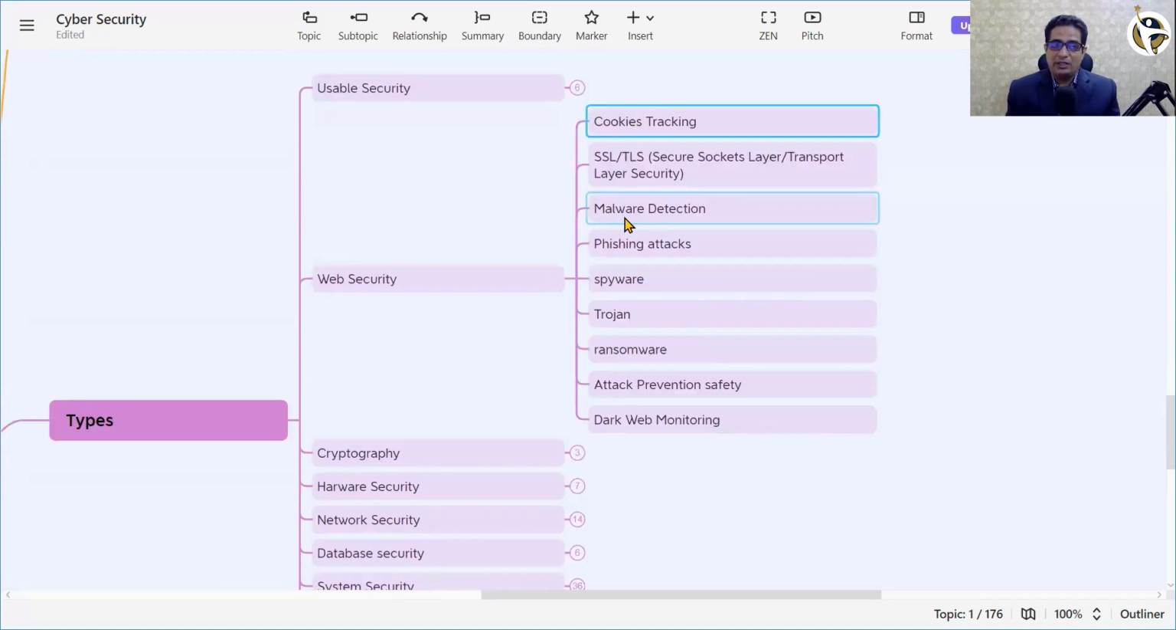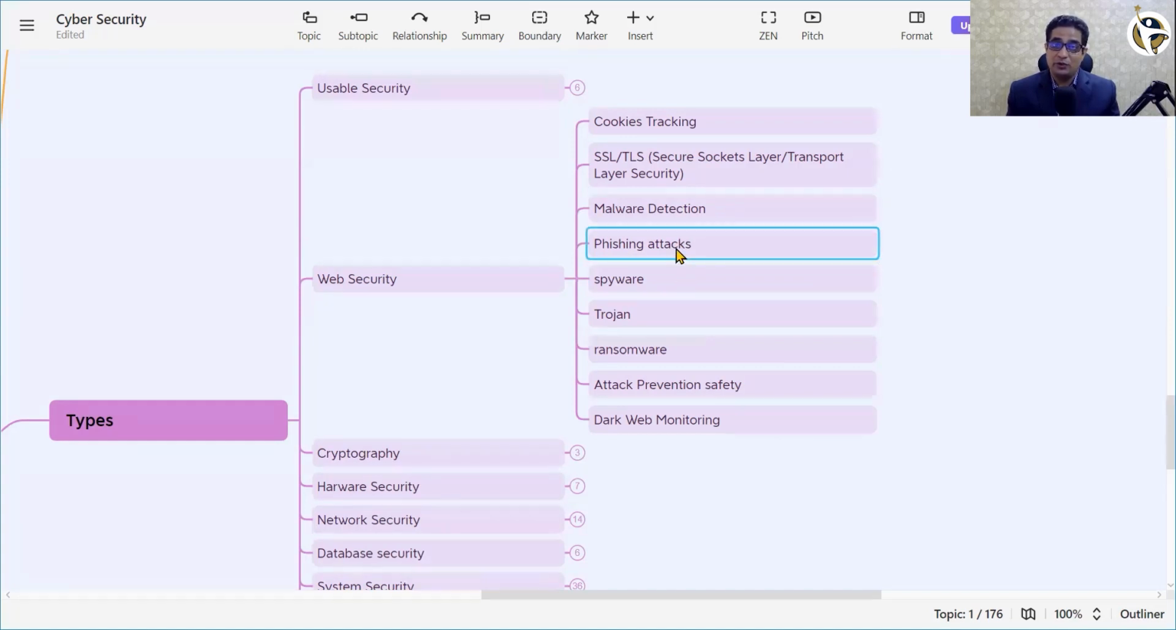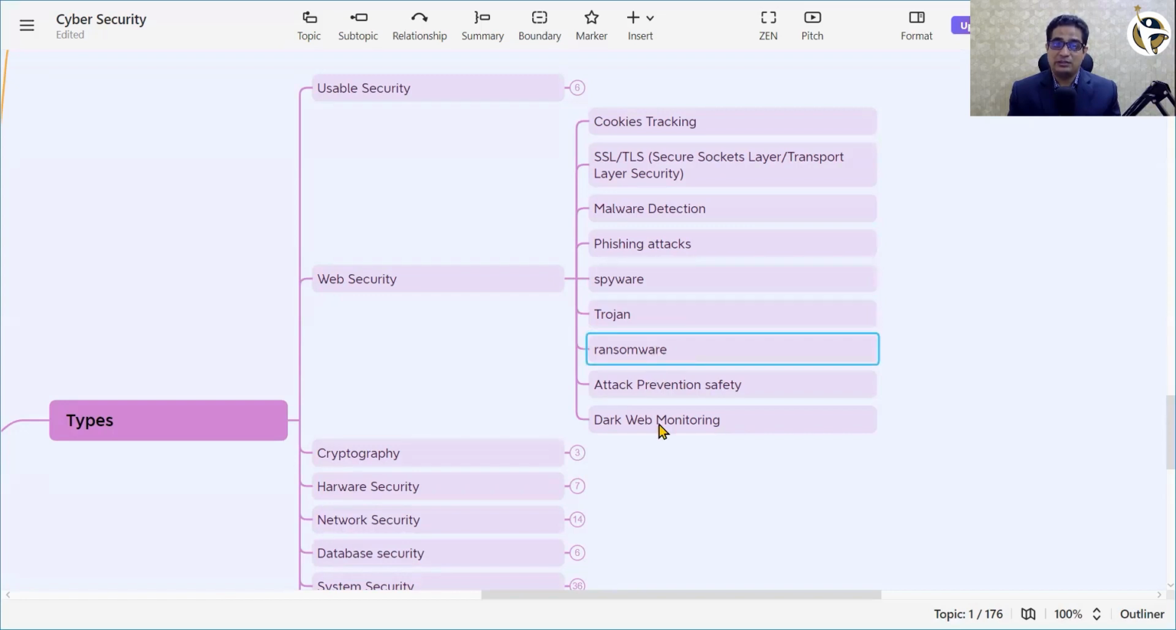Currently, many crimes are happening in cybersecurity, and that too in the web security space. That's where you need to know cookie tracking, SSL and TLS protocols to secure your web communication, malware protection, phishing attacks. If there is any dummy site, you need to track that site and block that site. Spyware, Trojan, ransomware,